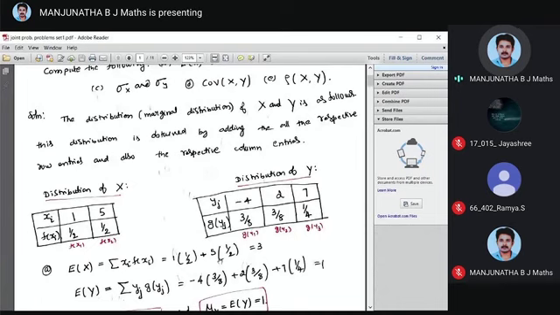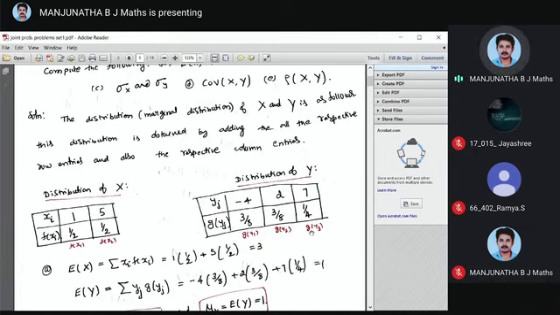Therefore, f of x1 is 1 by 2, f of x2 is 1 by 2. So, what is the summation of f? 1 by 2 plus 1 by 2, 1. What is the summation of g y1, g y2, g y3? 8 is the LCM. 3 plus 3 plus 1 by 4 into 8, 4 ones are 4, 4 twos are 8. So, that is 8 by 8. That is also 1. So, this is the distribution for x and the distribution for y.